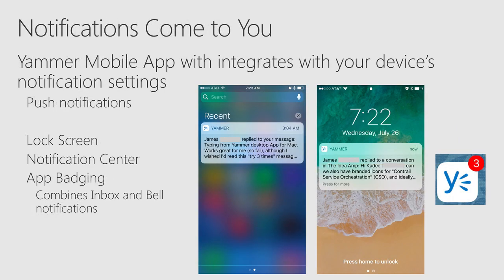And the great thing with the mobile app for Yammer is that these notifications come to you, just like all your other mobile apps that have notifications built in, because this is integrated with your device's notification settings. So you get push notifications, and then you can have those notifications come where you want to have them. Maybe you want to have them on the lock screen or in the notification center, or maybe you just want to have a badge number on the icon to show how many notifications you have for that particular app. You could do all of these or some combination of them, and because it's on your device, you decide how you want to be notified. So this is a really great way for you to engage in Yammer in ways that are helpful for you.